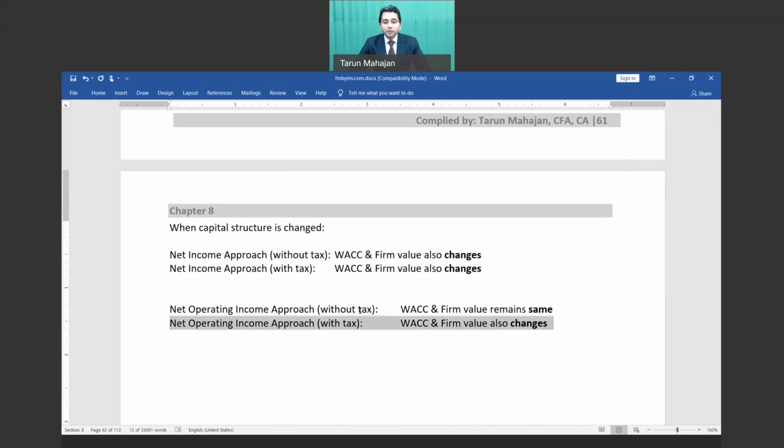Now, net operating income approach. Net operating income approach with income tax. What does it say? It says value of